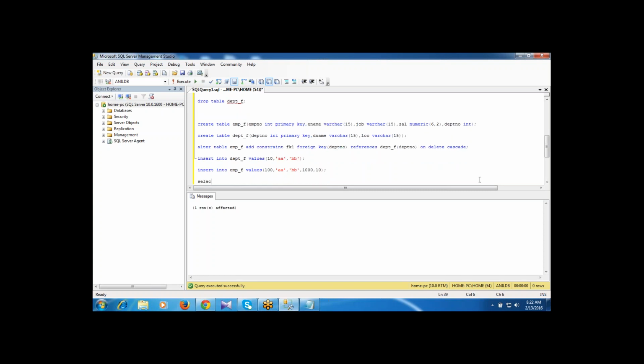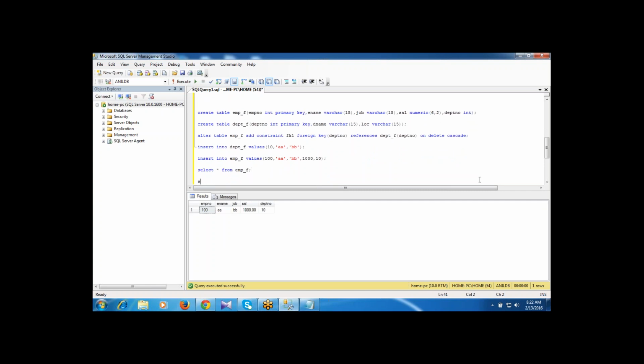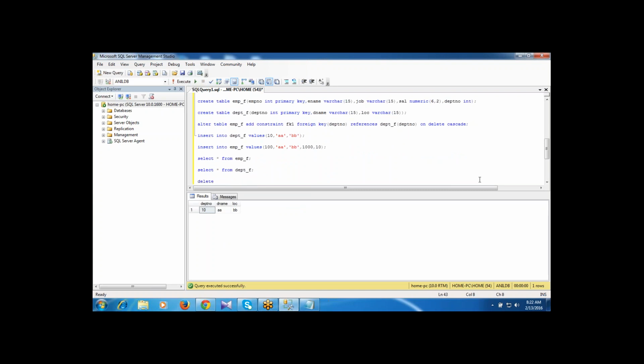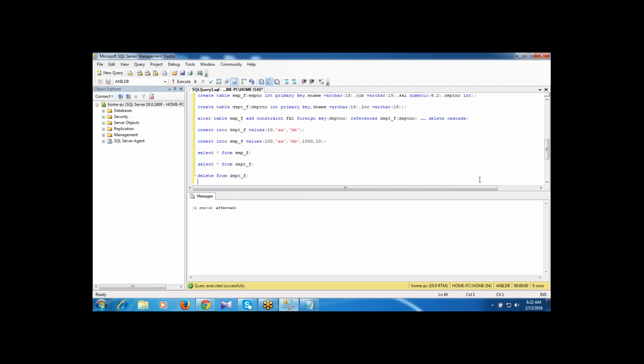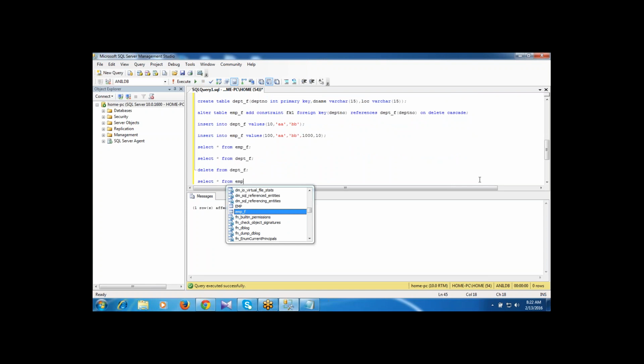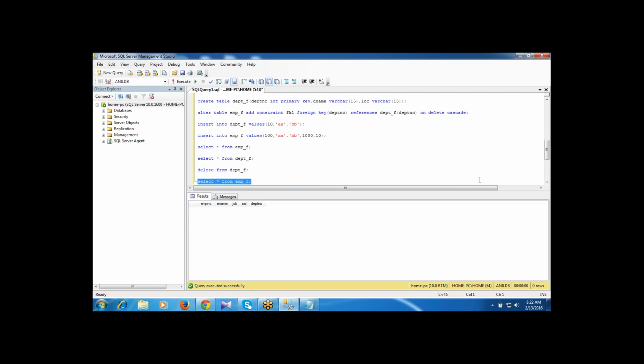Here I'm having the data in the EMP table. SELECT star FROM the DEPT table. Here I'm writing the delete statement on the DEPT table: DELETE FROM DEPT. The child records will be deleted automatically because we used the ON DELETE CASCADE clause.